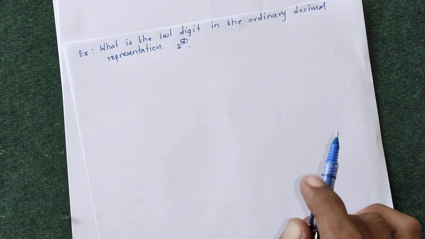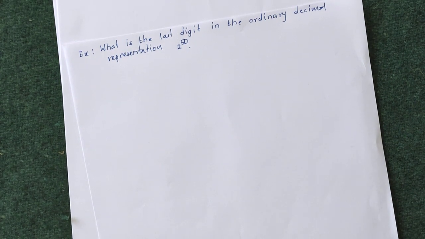So our Euler generalization of Fermat's theorem states that if GCD of A and M is equal to 1,